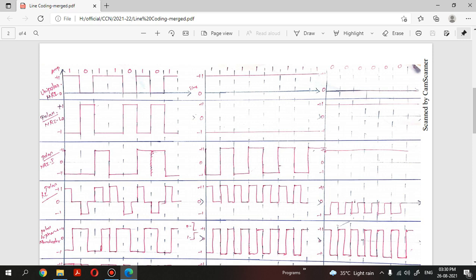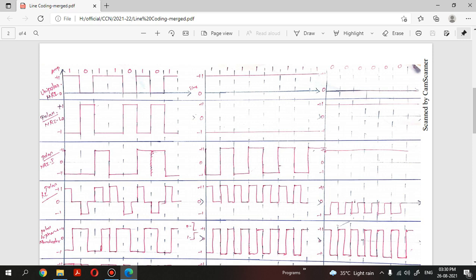The reason is consistent maintenance of high voltage or consistent maintenance of low voltage. So we need to avoid maintaining a high voltage or low voltage for a longer period of time. For that we need to choose an appropriate line coding mechanism, so that we always have fluctuations in our current, right? So the ultimate goal is to maintain fluctuations in the current, because fluctuations only decide what the data is, right?